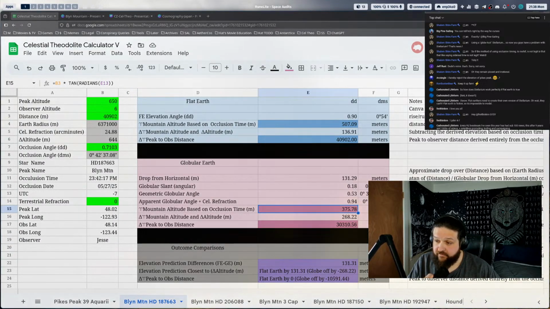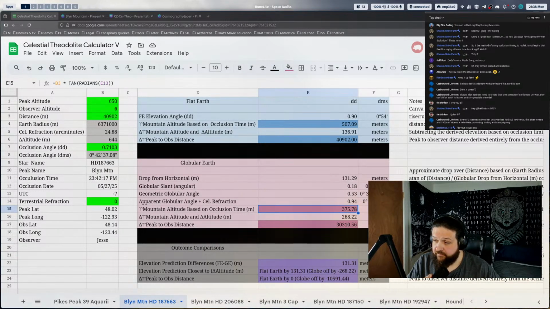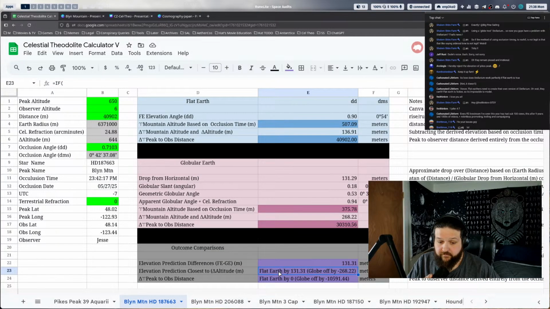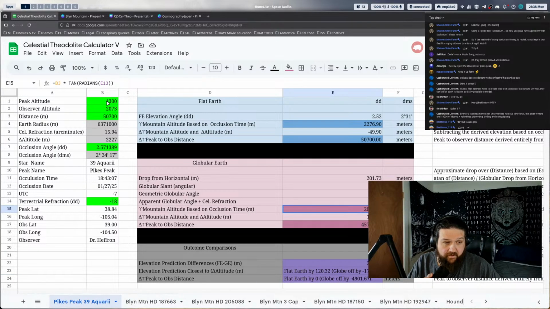I've been hearing you guys say that yours is closer. Wouldn't that suggest that some of your math is off from what we're observing? Only in physical elevation, right? So what is the true elevation of that mountain peak? For example, for Pikes Peak, they say that it's 4,300, and relative to the observer, that gives 2227. And so we're getting occlusion timings that are 50 meters off.